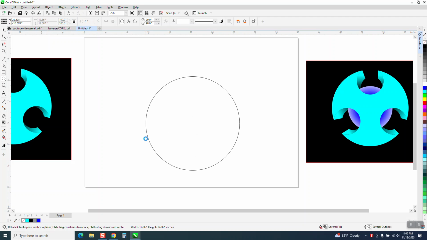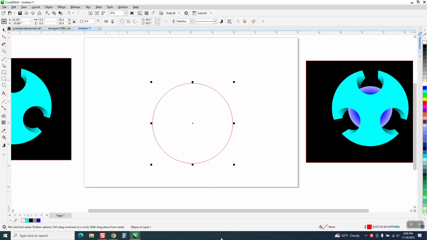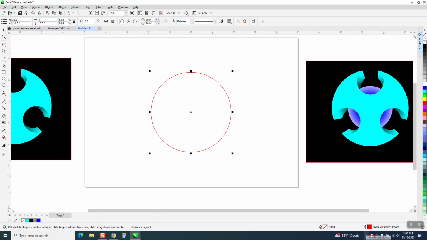I'm going to draw a circle. I'm going to make it 15 inches. I've got my ratio locked, 15 inches. I am going to hit P and put it in the center of the page. And then I'm going to Control D and make a duplicate, and I'm going to make the next one 5 inches. And then I am going to select both of them, hit L on the keyboard to put it to